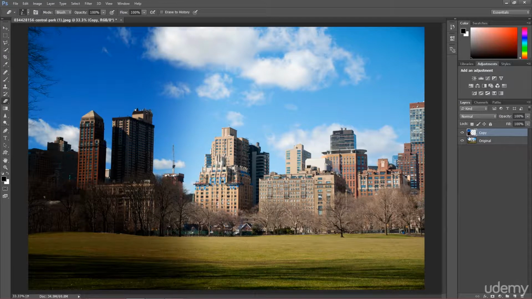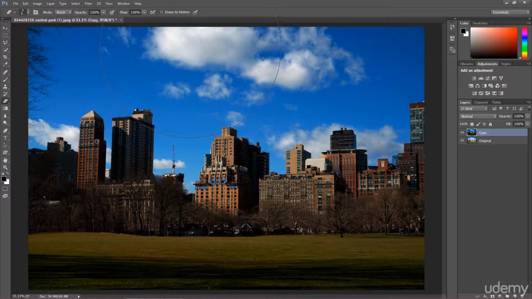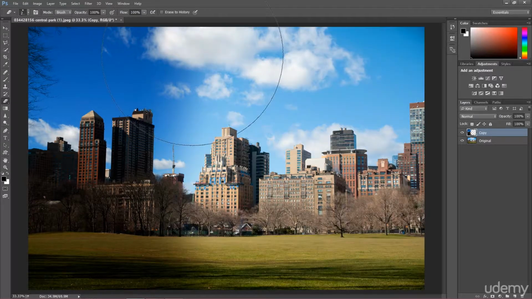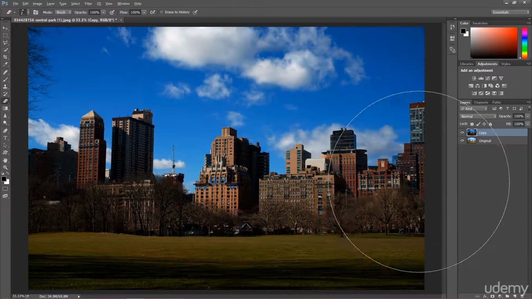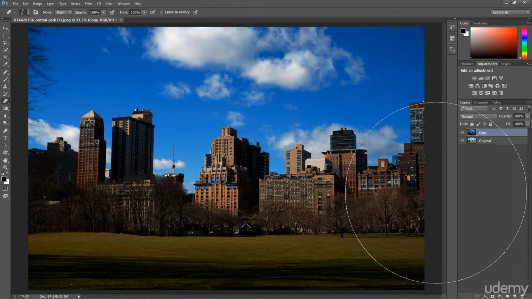So what can we do? We cannot bring this up straight away. We can duplicate this layer once again and then erase the area we didn't like, or just step backward by hitting step backward as many times as we can. It will be just one time. We can press Alt, Control or Command and Z on the keyboard to do a step back. But sometimes we do too many steps, so it will be much more difficult to step back. How to prevent this? Okay, that is our layer.